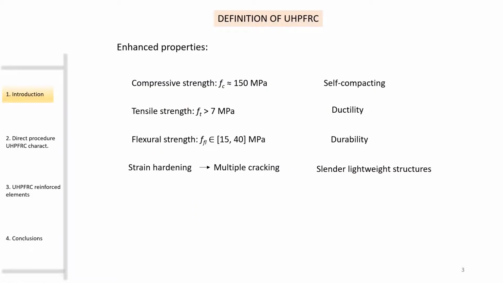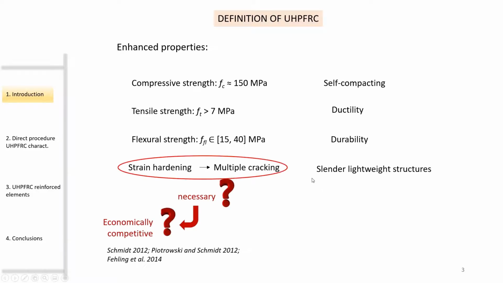Ultra-high performance fiber-reinforced concrete could be considered an advanced modernization of fiber-reinforced concrete that, due to its particular dosage and casting process, is able to develop enhanced properties such as compressive strength close to 150 megapascals, tensile strength of more than 7 megapascals, flexural strength between 15 and 40 megapascals, strain hardening with the idea of developing multiple cracking, self-compacting, ductility, durability, and all of them could lead to the design of